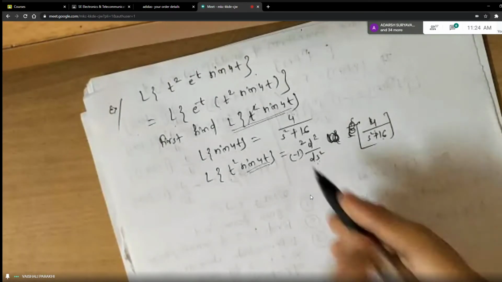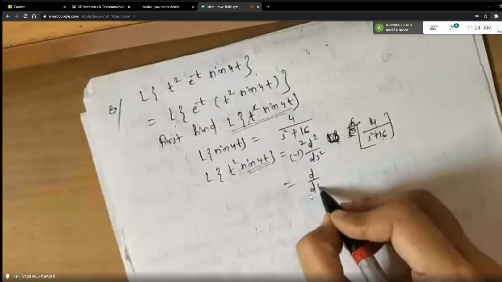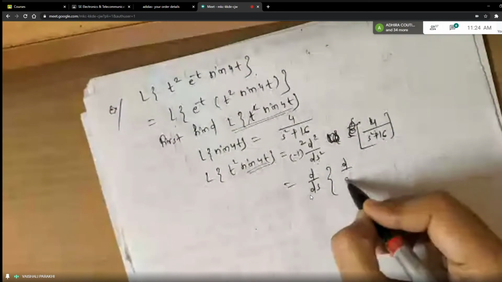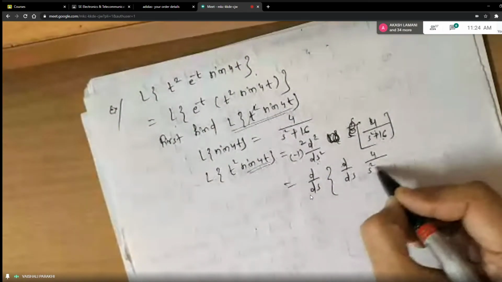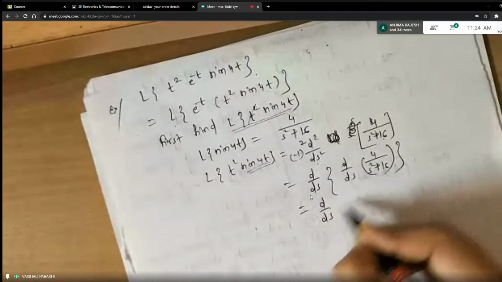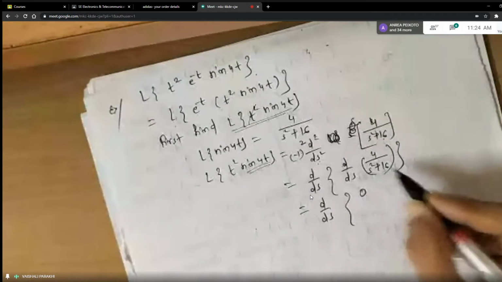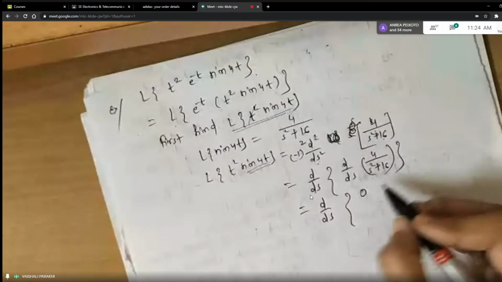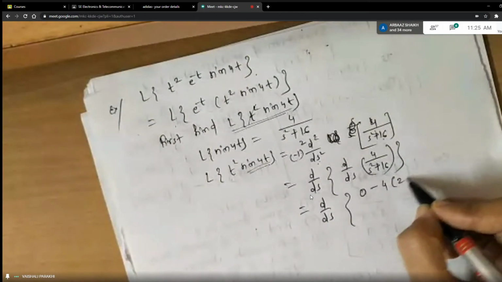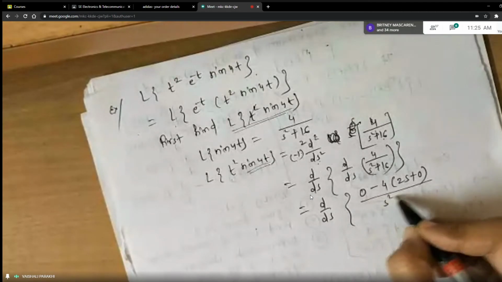Okay. Now one by one you have to find the derivatives. First let us find the first order derivative. So you can split it like this: 4 divided by s square plus 16. Let us solve the bracket first. Again u by v formula: denominator into derivative of 4, which will be 0. So the first term will go to 0, minus numerator into derivative of s square, which is 2s, derivative of 16 is 0. Whole thing divided by denominator square.